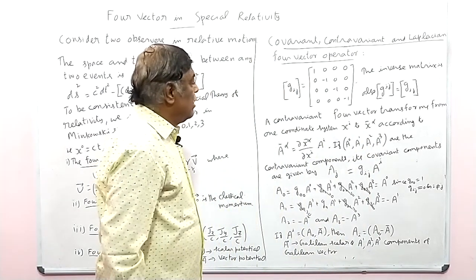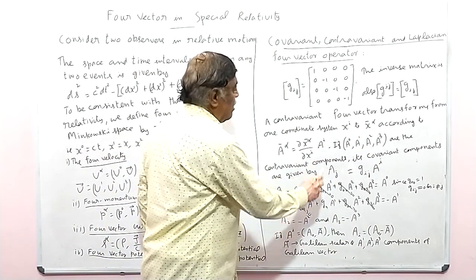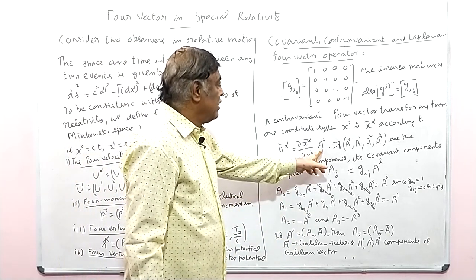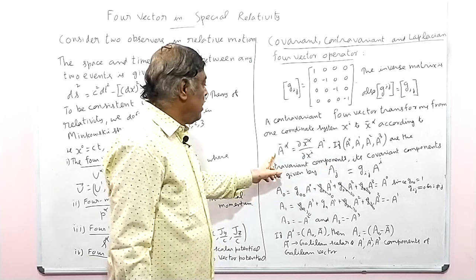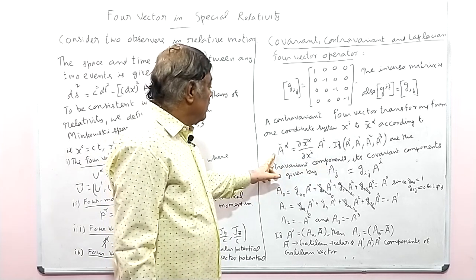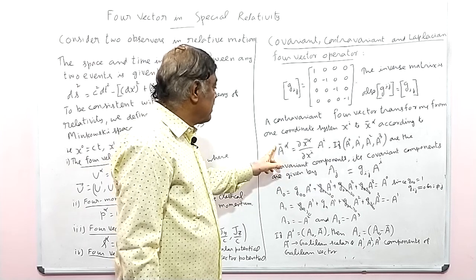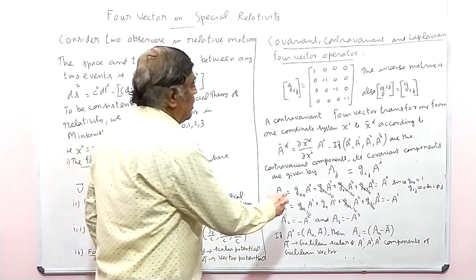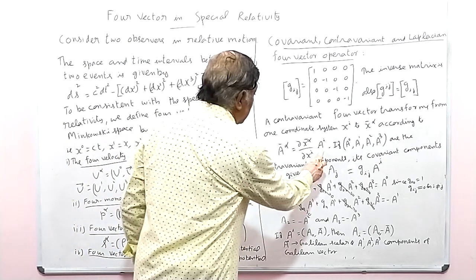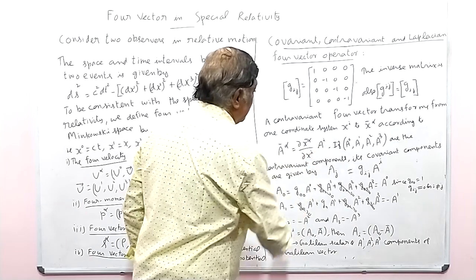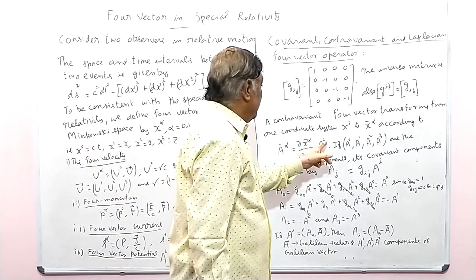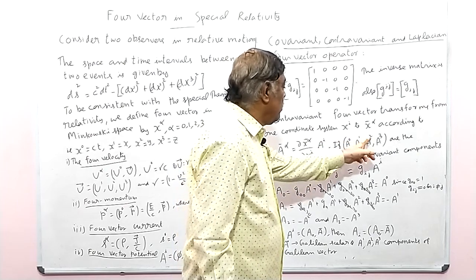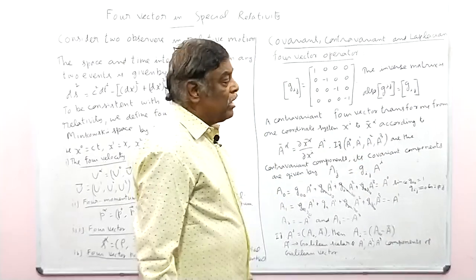And if you take a vector A^i, this is a contravariant vector in the unbarred system, related to the contravariant vector in the barred system by this transformation, partial dx^α bar by partial dx^i, because we have defined it as a contravariant vector and this is the transformation. Now in our case i runs from 0 to 3, there are 4 values: 0, 1, 2, 3, A0, A1, A2 and A3.